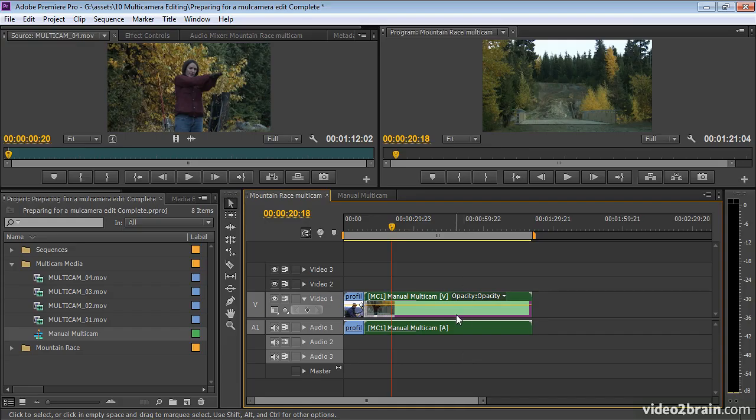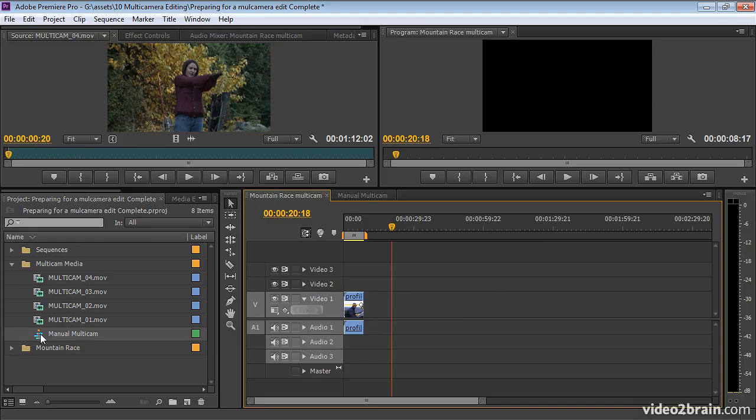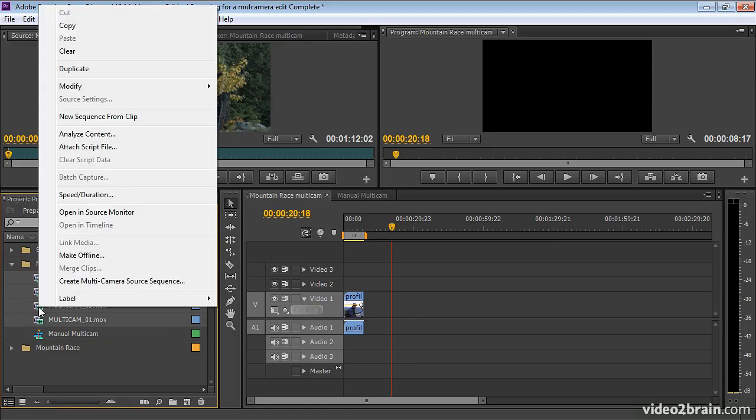I'm just going to select this and hit delete. And now, by holding down the Shift key, I'm going to select all 4 of these clips. And now I'm going to right-click on one of them, and I'm going to choose this new option. This is a new feature in Premiere Pro CS6. Create multi-camera source